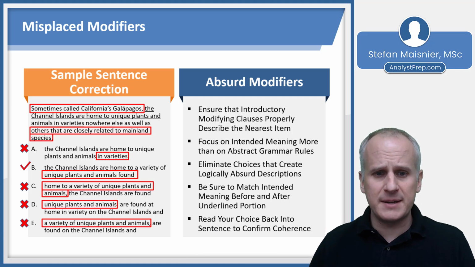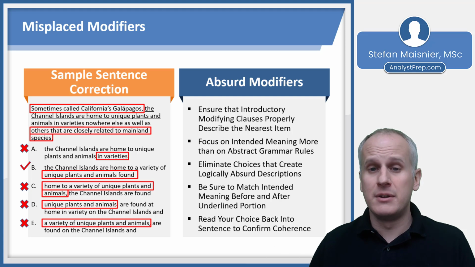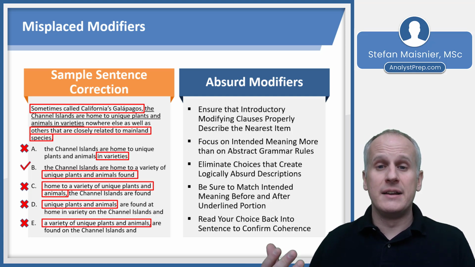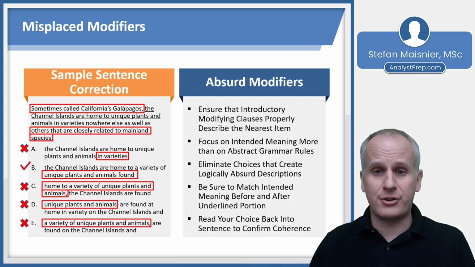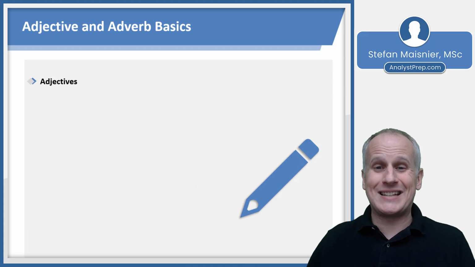So sometimes called California's Galapagos, the Channel Islands are home to a variety of unique plants and animals found nowhere else, as well as others that are closely related to mainland species. And that does create a coherent narrative for the overall sentence and can confidently be selected as our correct answer at this point. So now we get to that more technical issue of modification, which is the difference between adjectives